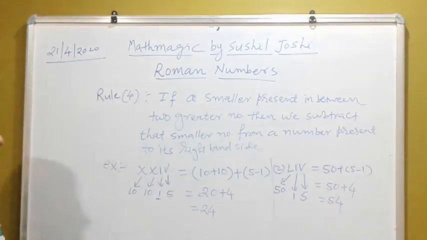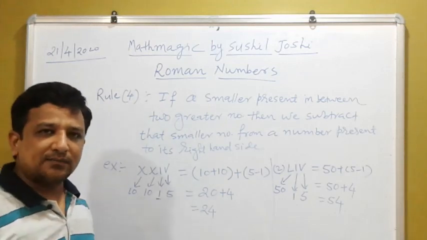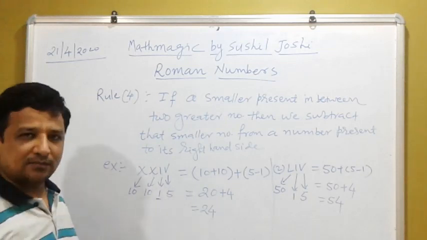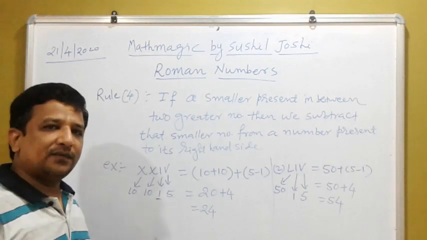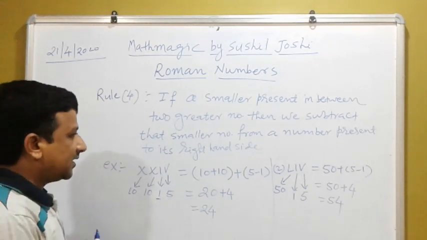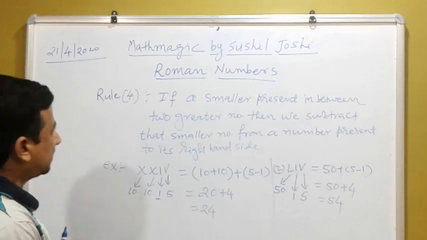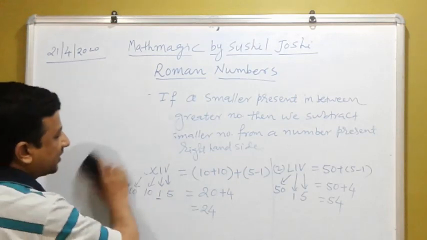All of you understand it very well, and I hope these 4 rules are very basic rules for recognizing the Roman numbers and to solve the different types of questions based on these Roman numbers. So let us take an example of how we represent the different international or Indian Hindu Arabic numbers with respect to the Roman numbers. Remember these 4 rules, these are very important.